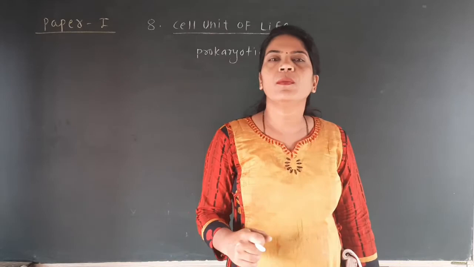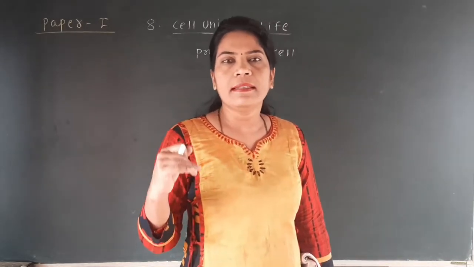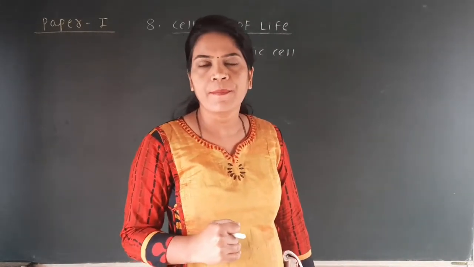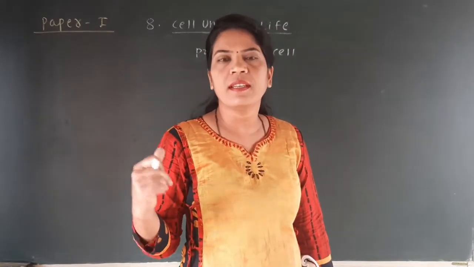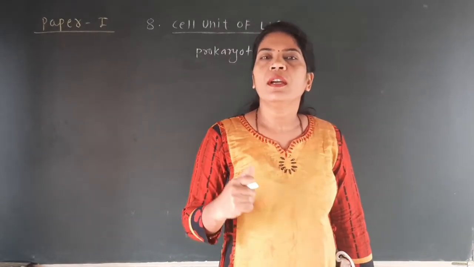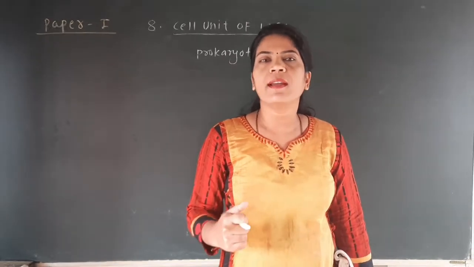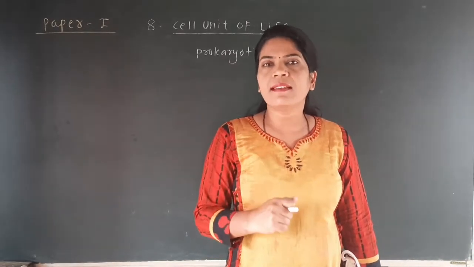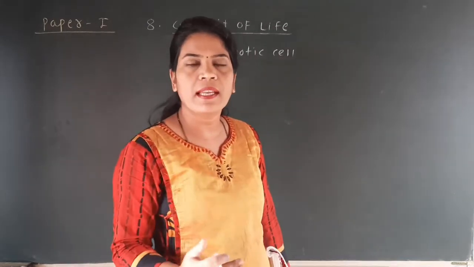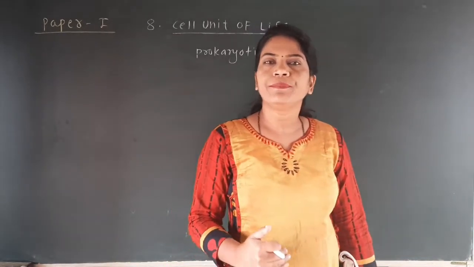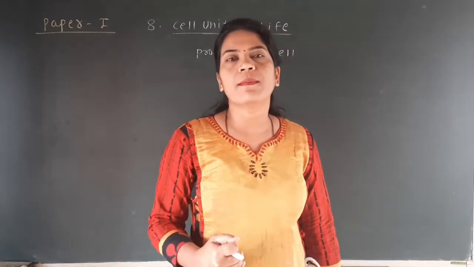In the cytoplasm of the prokaryotic cell, cell organelles are absent. The genetic material present in this prokaryotic cell is primitive, that is called a nucleoid. The examples which we have discussed from these prokaryotic cells are the bacteria, blue-green algae, then mycoplasma and